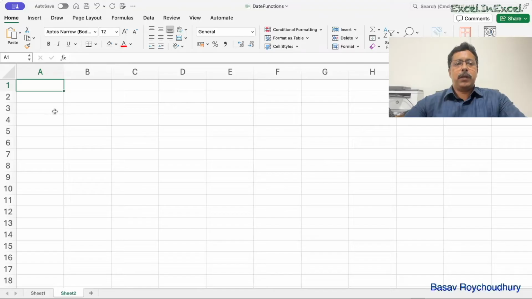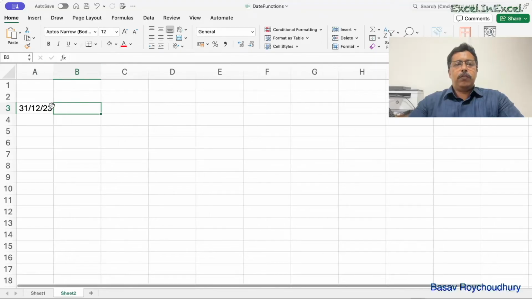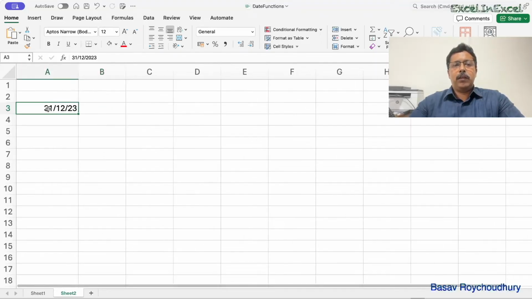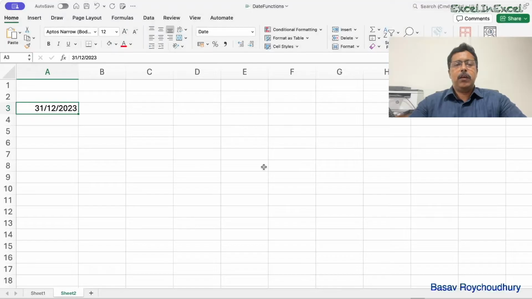Then let's put a particular date. Let's say 31st December 2023. Now, of course, the format of the date depends on what is the format set. So we can change the format to something else. Now, of course, this recording is being done here in India, and therefore we follow the British date format, that is day, month and year. Let's just say a sample date,